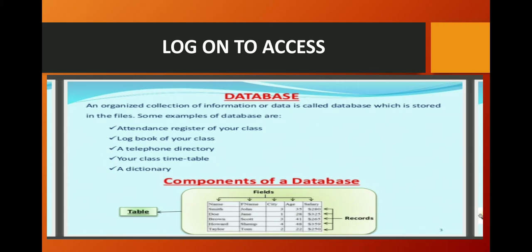A computerized record keeping system that allows us to create, extract, sort, update and query a database is known as a database management system. It saves our time and energy. There are minimal chances of committing errors and even data handling becomes very fast and efficient.